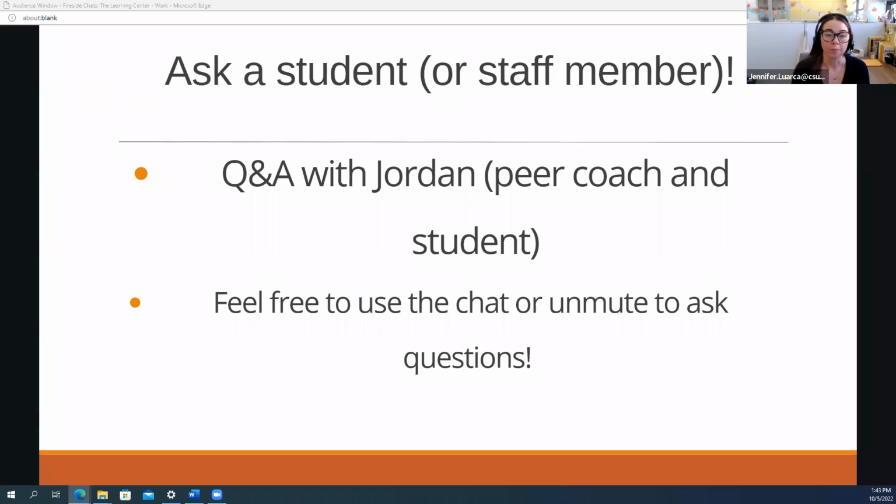So for drop-in, they don't need an appointment at all. They can just come in. I encourage students to use it because sometimes there's nobody in drop-in, so they may get that one-on-one attention there. They can stay as long as they like as well, which is nice. They can do homework and study for 4 hours if they want. For coaching, the system requires them to book 24 hours in advance. So they just have to book a day before.